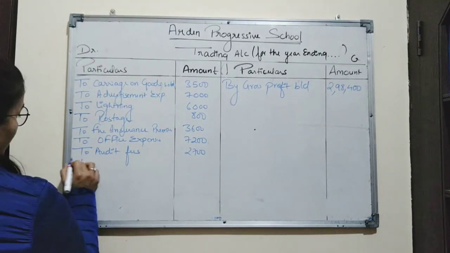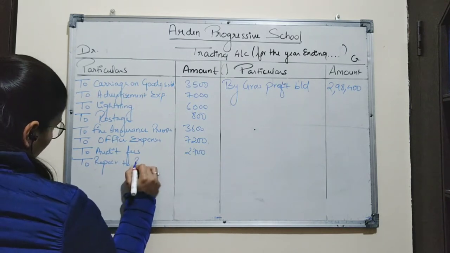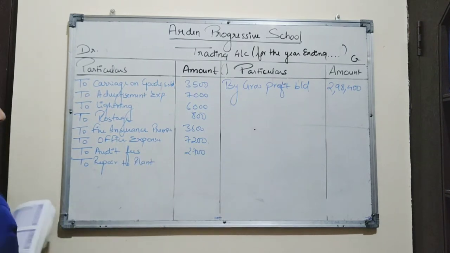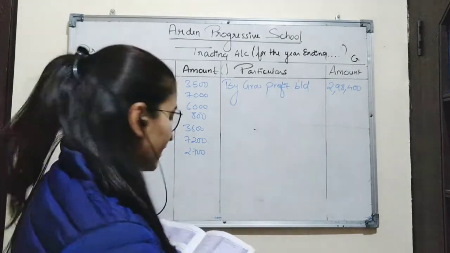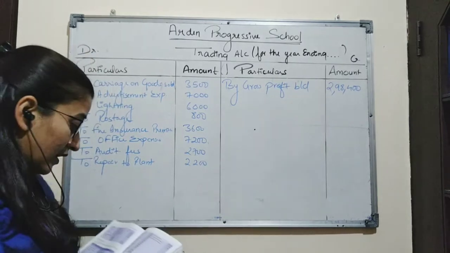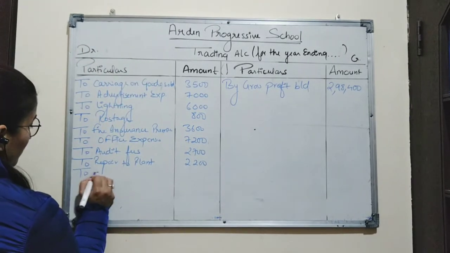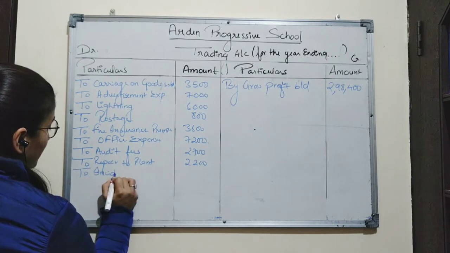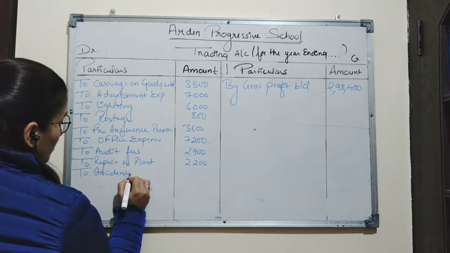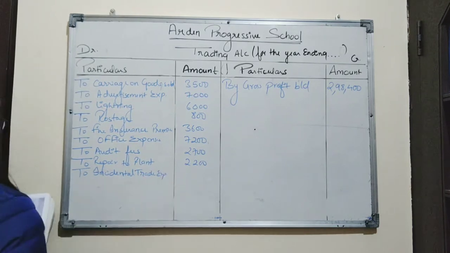2,700. After that, repair to plant. To repair to plant. Repair to plant or any machinery is considered as indirect expenses. Amount is 2200. Next is incidental trade expenses. So incidental trade expenses is also considered as indirect expense. Amount is